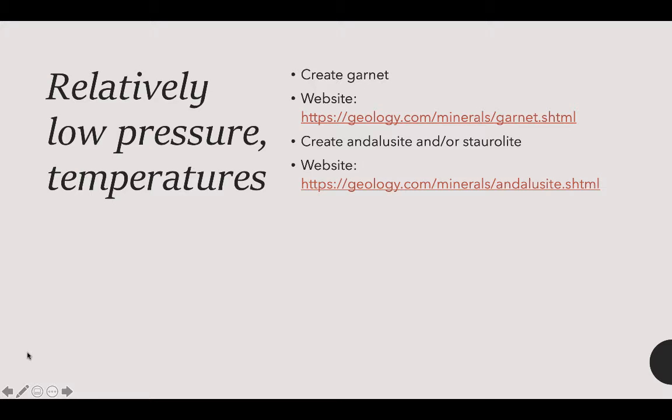Now let's start with relatively low pressures and temperatures. That's going to create garnet. Garnet is a kind of complex mineral, and it will rearrange and bring in a bunch of different materials that have come in with the chemically active fluids to create a new mineral called garnet. Relatively low pressures and temperatures will also create andalusite, or starlight. And so we'll look at that as well. So let me